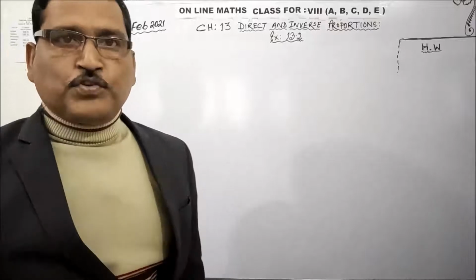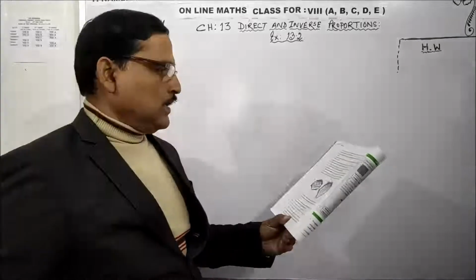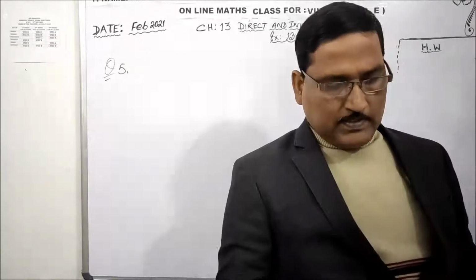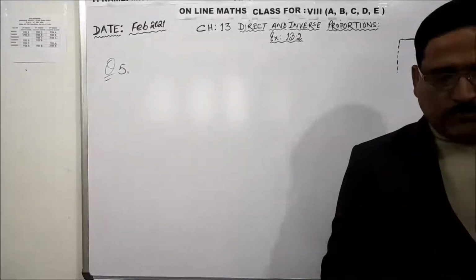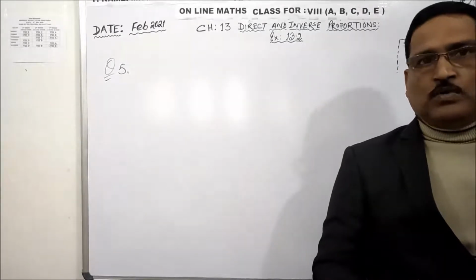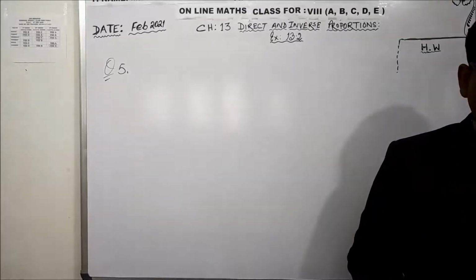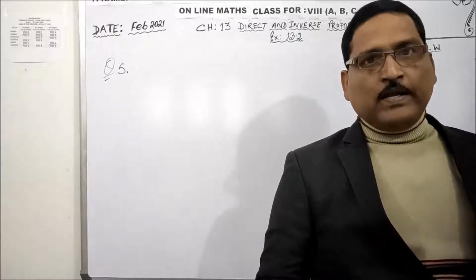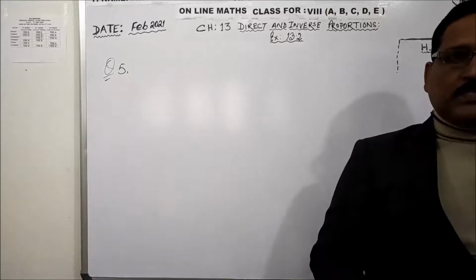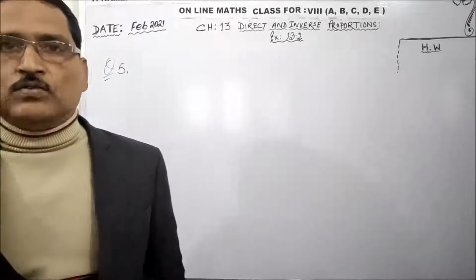Clear? Now coming to question number 5. A farmer has enough food to feed 20 animals in his cattle for 6 days. Food is fixed, in one storeroom, and that will last for 6 days only. How long would the food last if there were 10 more animals in the cattle? Earlier the cattle number was 20. Now suddenly the number is increased to 30.